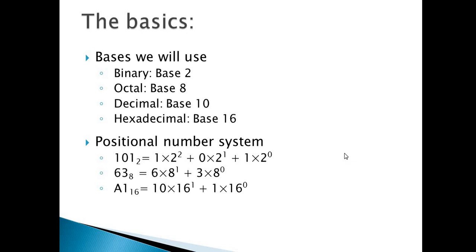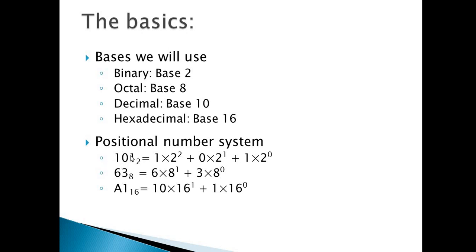All these number systems are positional number systems, meaning based on its position, its weight will be assigned. So let us consider binary number system. For example, 101 is a number in binary number system. So base 2 has been shown here. Its weight will be in the form of power of 2, and with the least significant bit the power will be 0, and it will increase by 1 as we move towards the left-hand side.